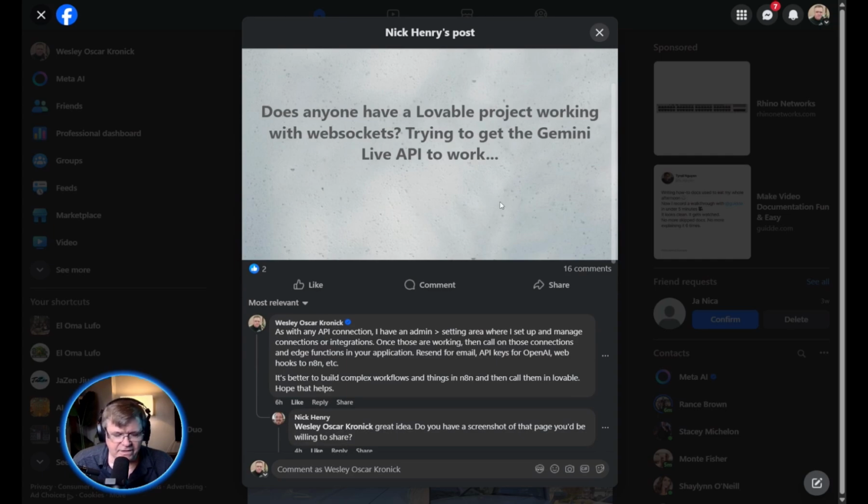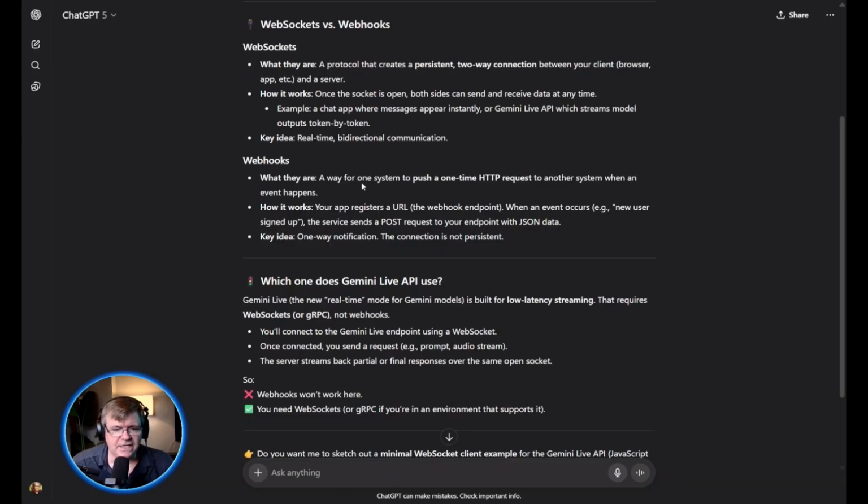Inside of Lovable, what I typically do is I will create an admin section. First of all, let's discuss what a WebSocket is versus a webhook. A WebSocket is a protocol that creates a persistent two-way connection between your client and a browser. How it works is one of the sockets is open. Both sides can send and receive the data at any time. Example, a chat app where a message appears instantly, or a Gemini Live API, which streams model output token